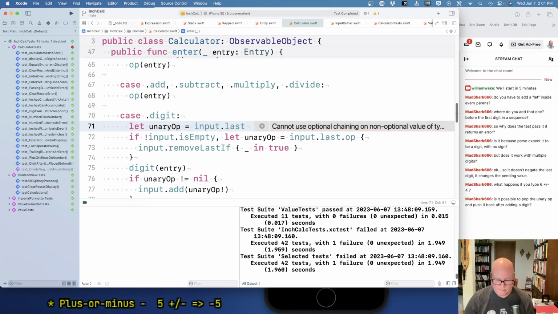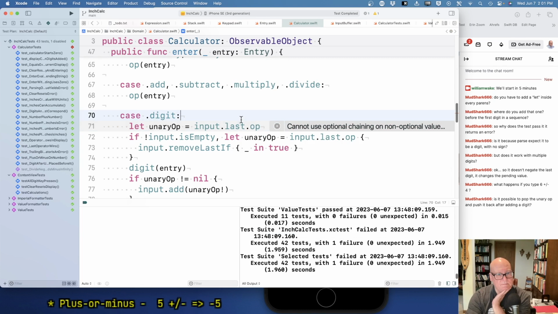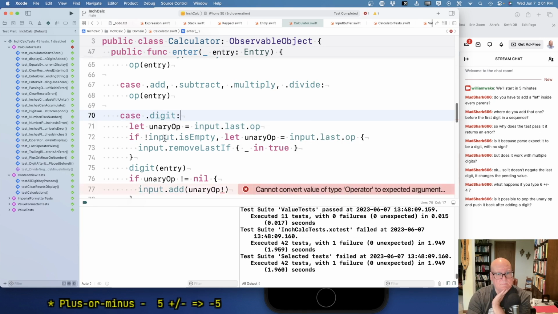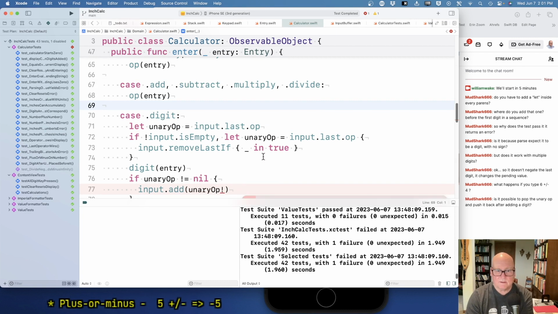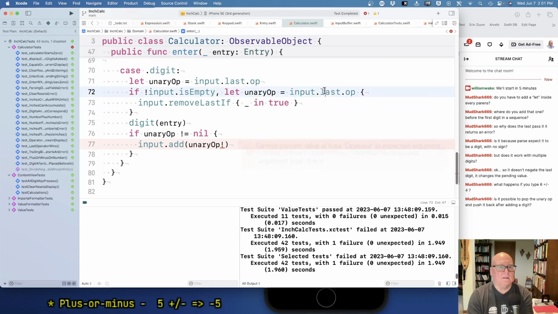Golly. Well, maybe that's all right. Type of this should be operator question mark. Good. Cannot convert operator to expected argument type. Oh, we need the